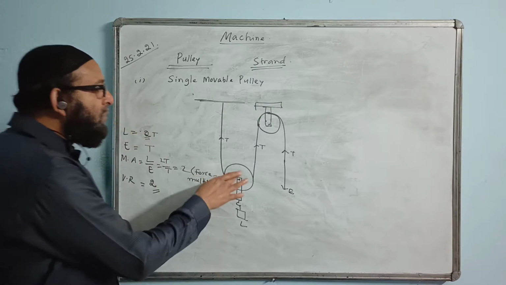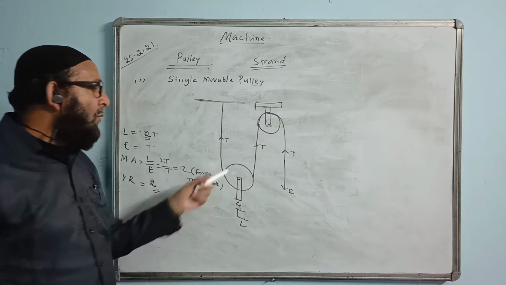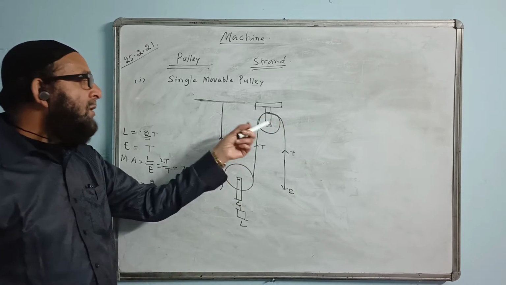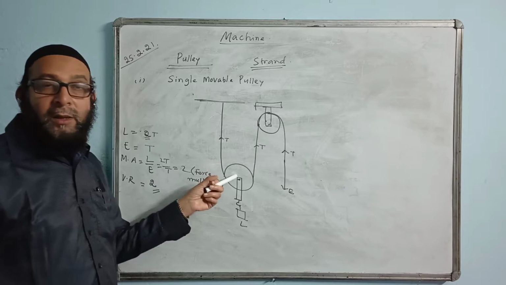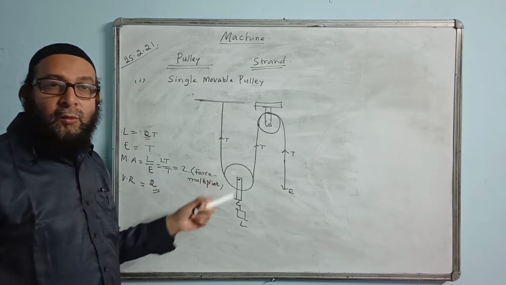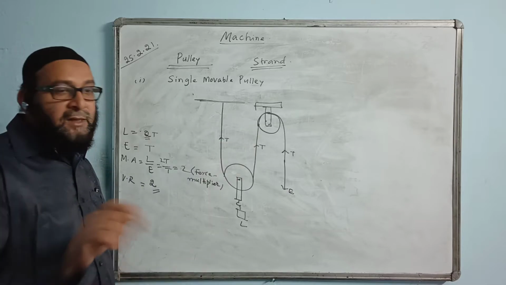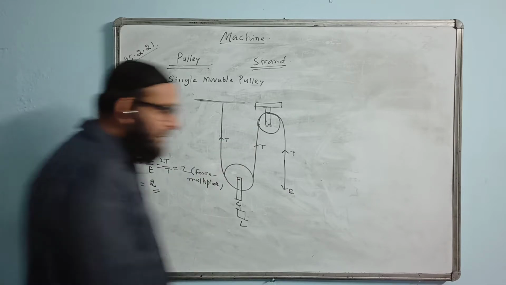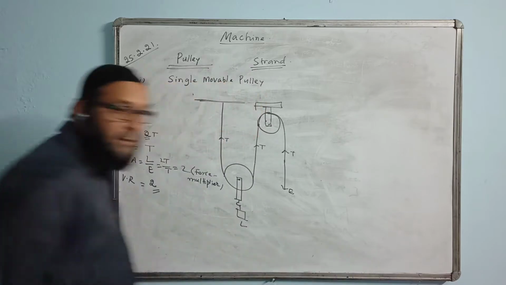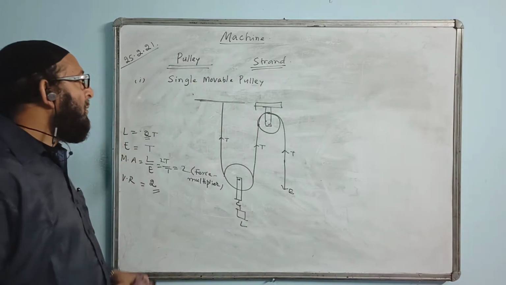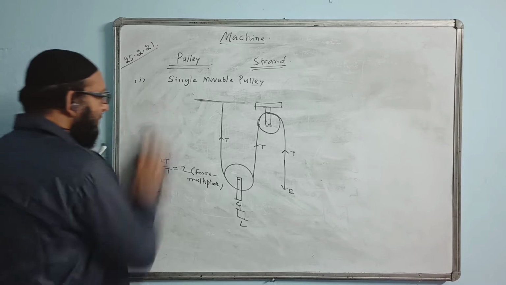Understood? If there are 2 pulleys shown at A and B, then we ask what is the role of pulley A and what is the role of pulley B. We say pulley A's role is to provide mechanical advantage, and pulley B's role is to change the direction of effort to the downward direction, which is convenient. Is it understood? Okay.